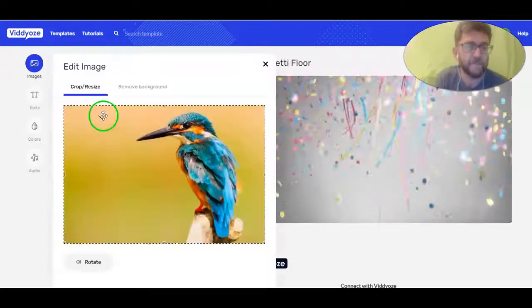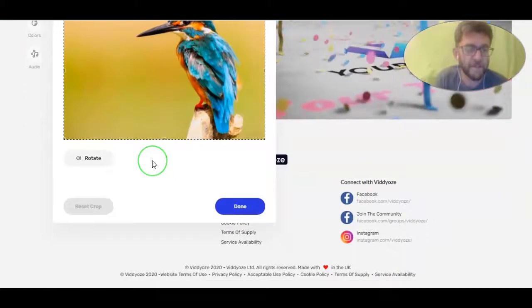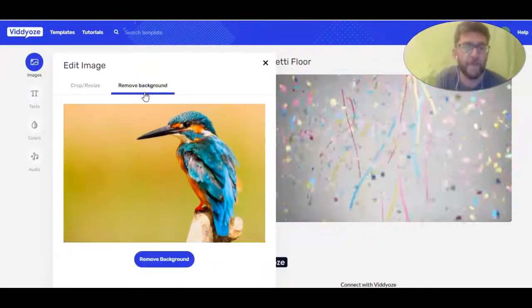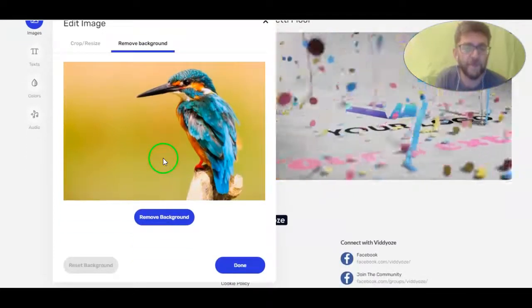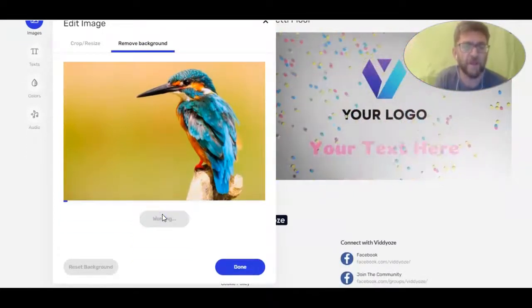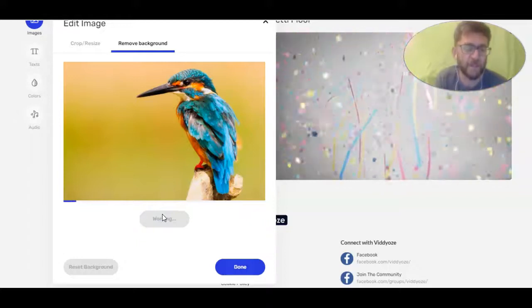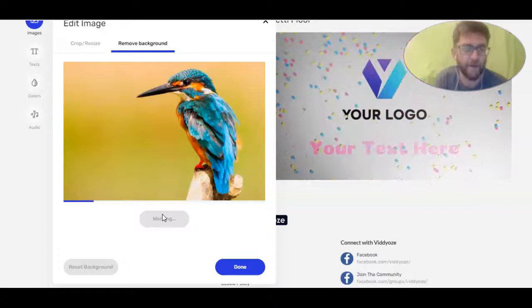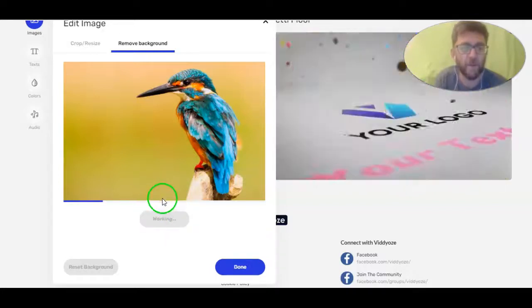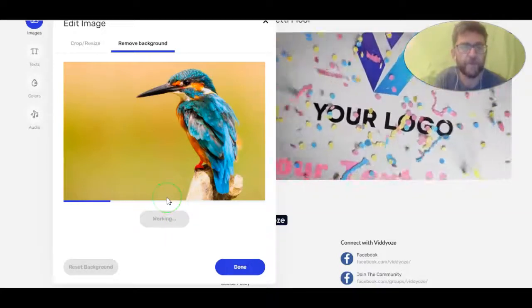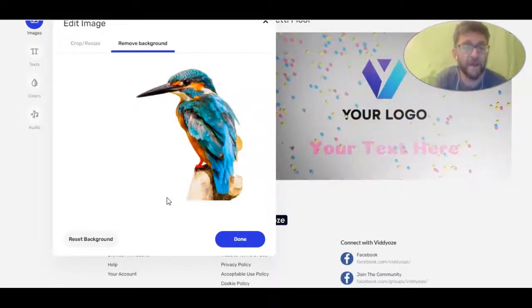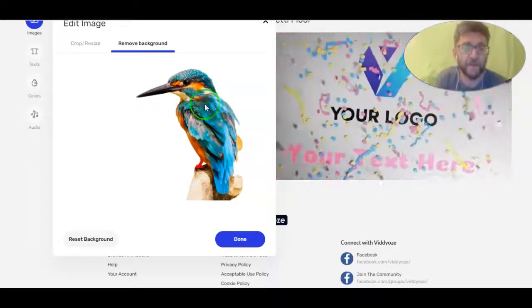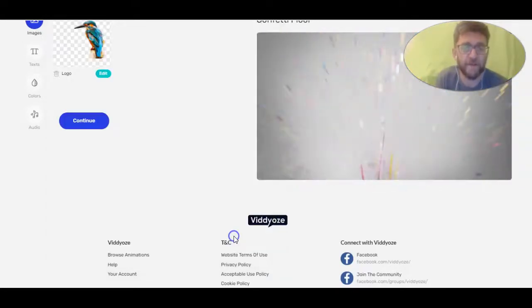Edit. Go to edit and rotate. You can do all that. And the other great thing about this is it's got a background remover. So you want a picture and you actually go, well, I do want this picture, but I don't want that solid background. I want it to look like it's the background here. Obviously, it takes a little while to render. But there you go. Less than 10 seconds, you've got yourself a perfectly captured image there for the kingfisher,